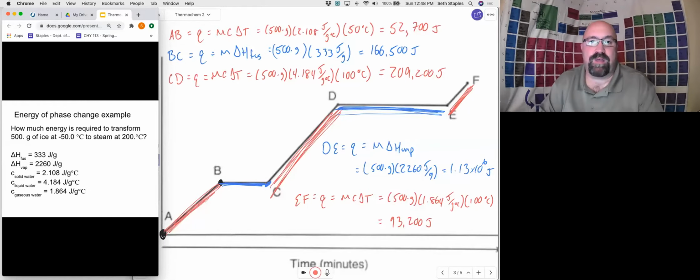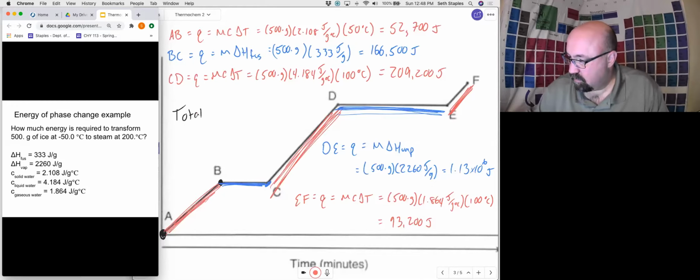And so now, to find the actual energy change of the entire process, we just add all of these up. So 52,700 plus 166,500, 209,200, 1.13 times 10 to the 6th, plus 93,200 gives me a total of